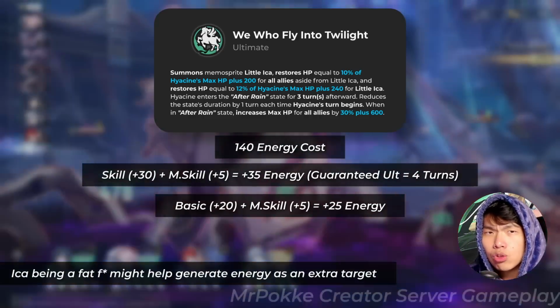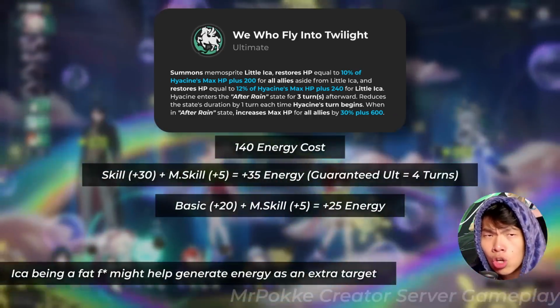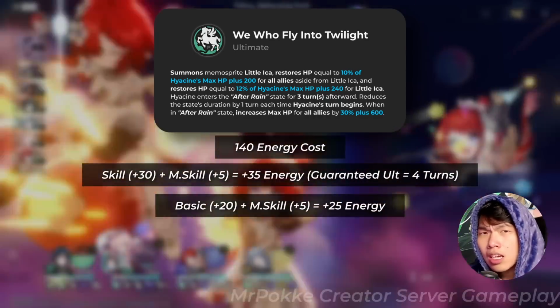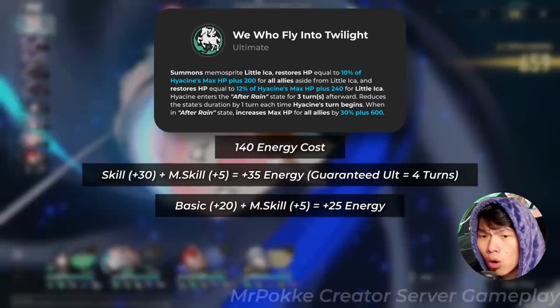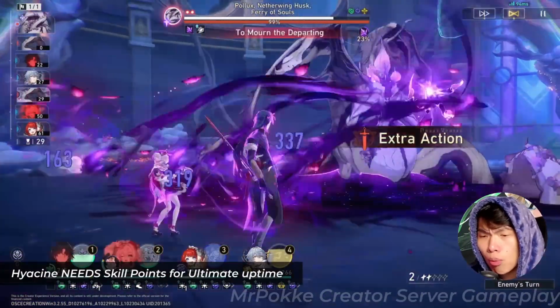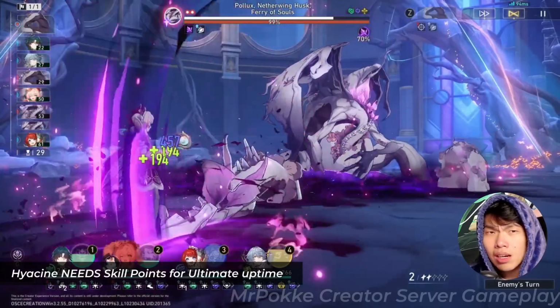So most of the time, I don't really find this being that big of an issue. You should still be guaranteeing a 3-turn ultimate, even though it's not going to be 100%. It's dependent on whether you get hit on Hyacine or Ika. This means, however, that Hyacine can be pretty skill point expensive, but most of the time in the current HP